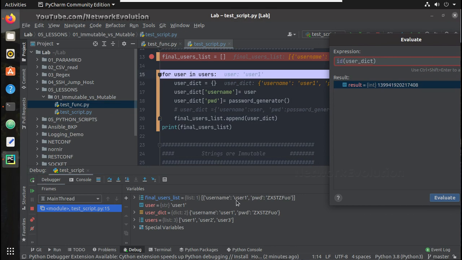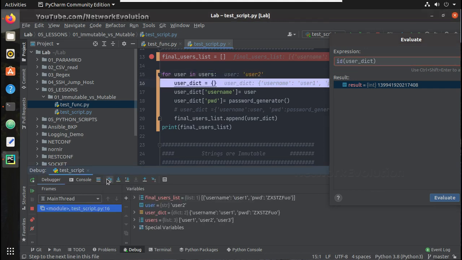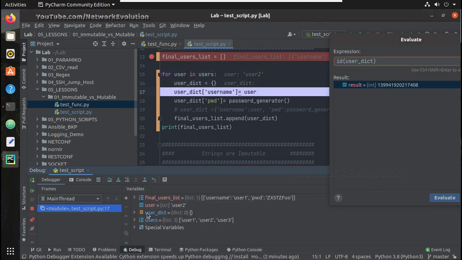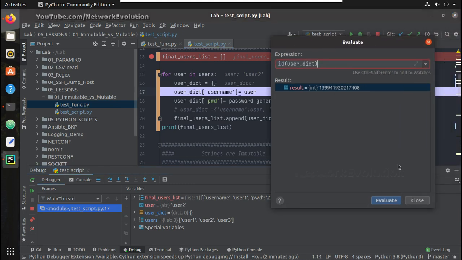In the next step it will be appending the value to the final user list. Now we can see it has user1 data. In the next execution, the user dictionary became empty again, and we'll see the ID of the user dictionary now. It has changed to 8448.